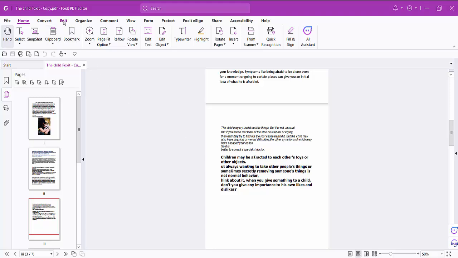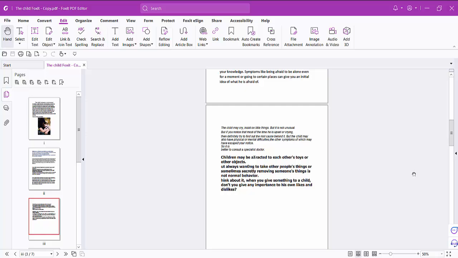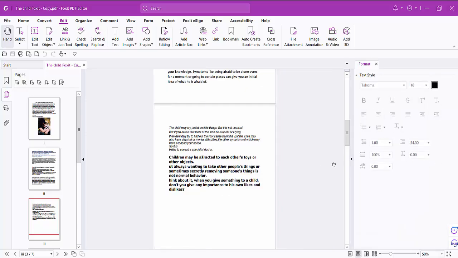Firstly, click on this edit option. Now click on this sidebar arrow and select the edit text option. Now click on this text box